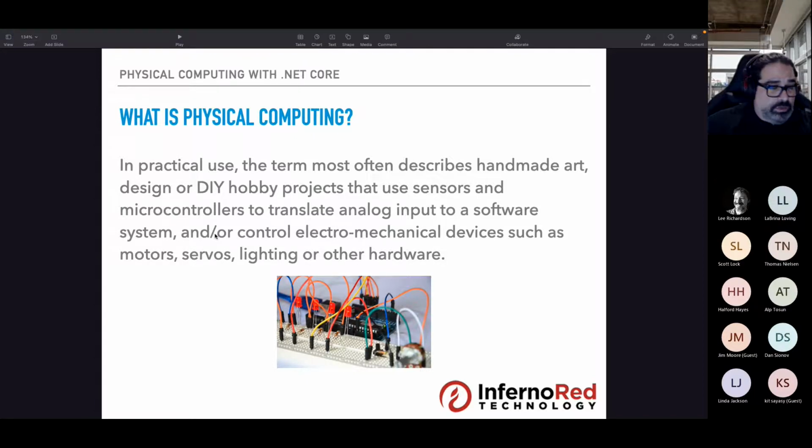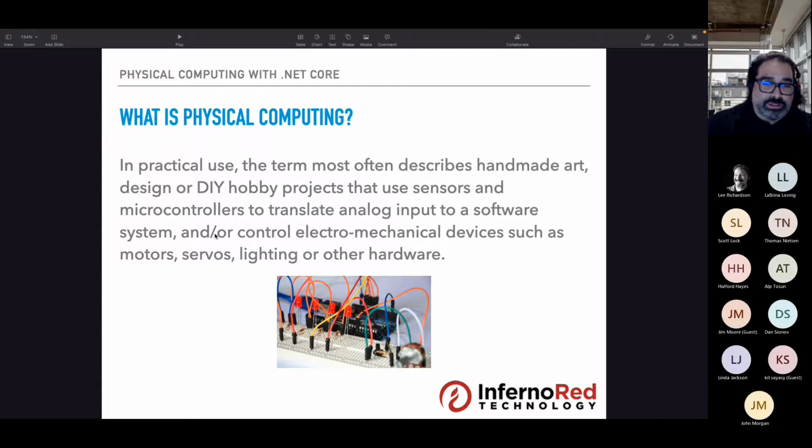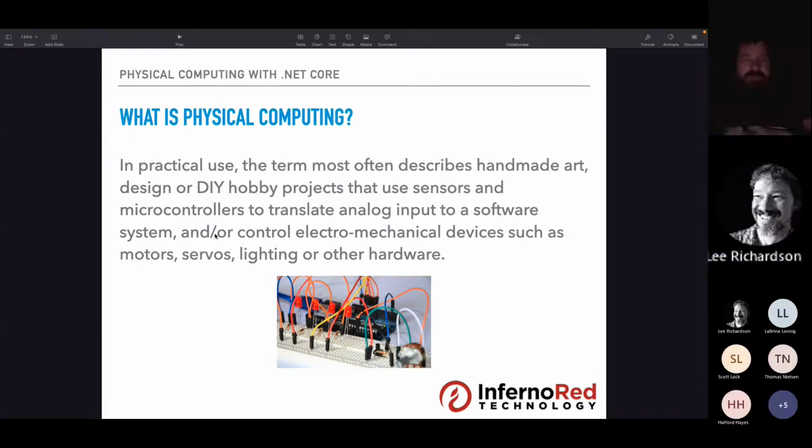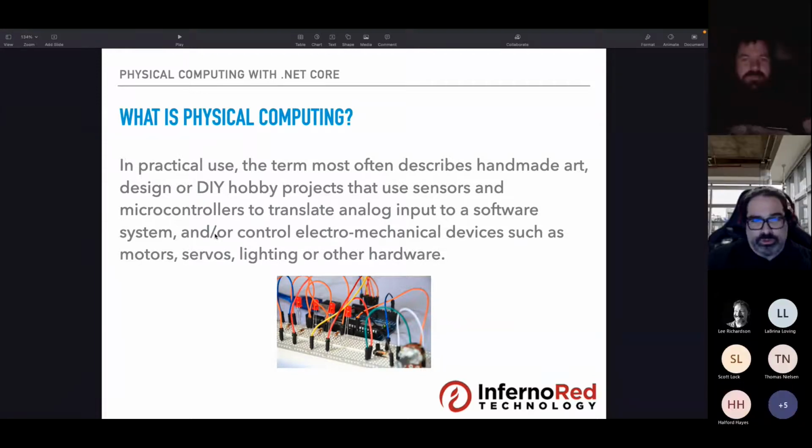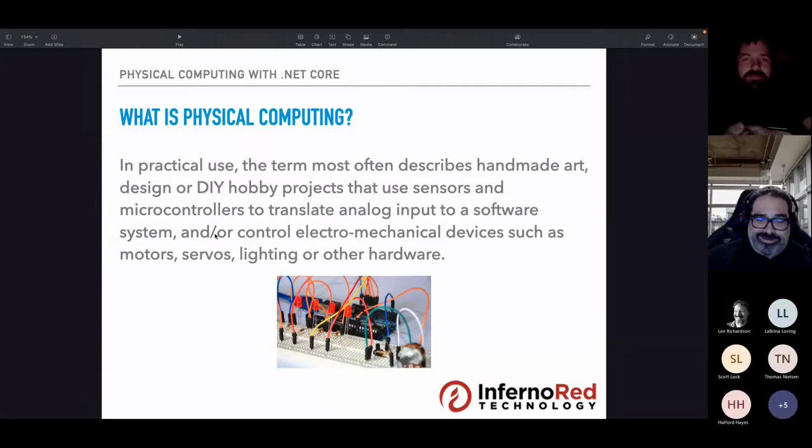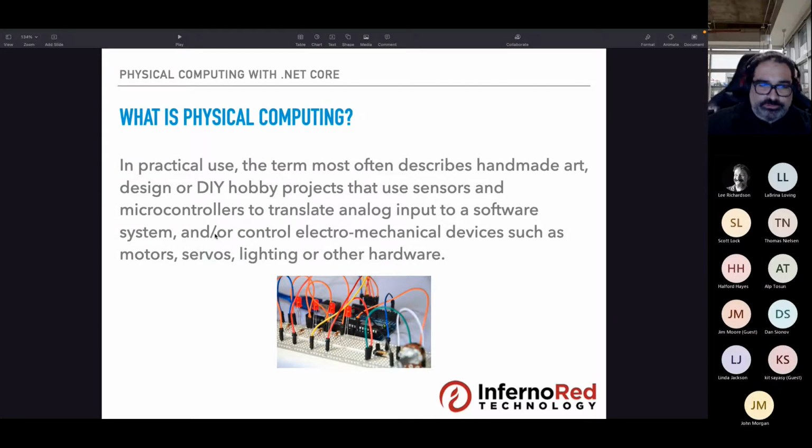In general, physical computing is the term that describes the designers or DIY hobby projects that use controllers, sensors, etc., to devise electronic devices, such as to automate the house or to drive data for an industry.